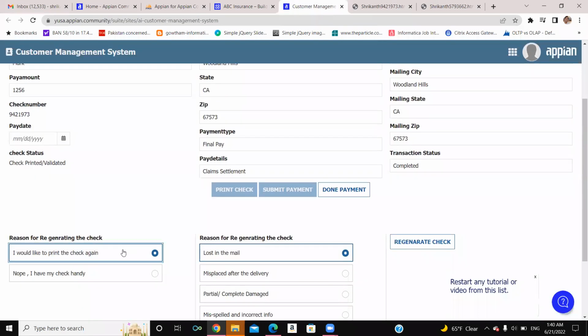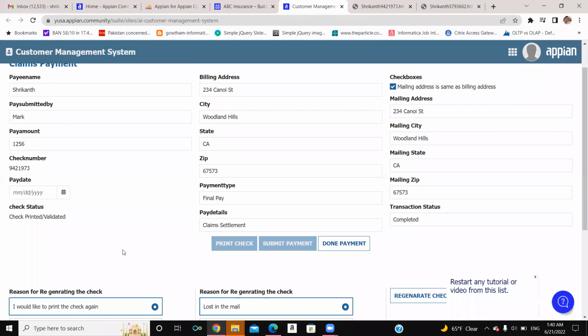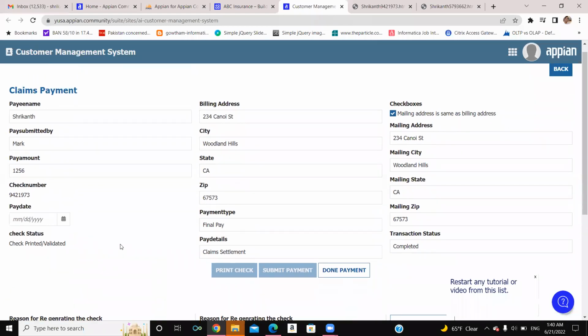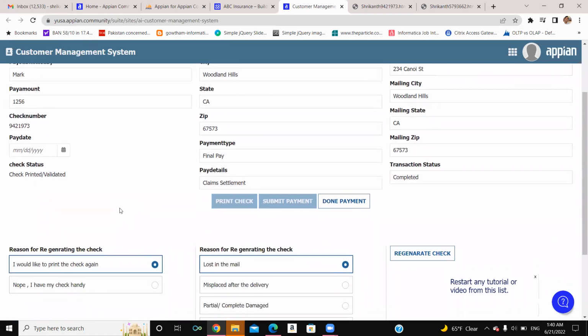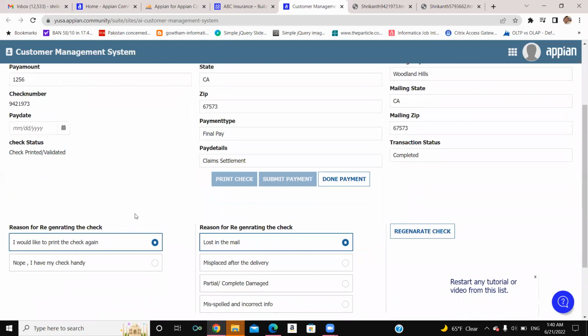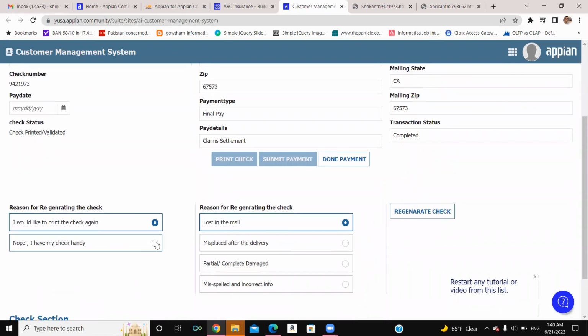portal. And what if I wanted to reprint this check? Okay, I don't want to make any payment changes because these buttons are disabled. I won't be able to make any changes, but I wanted to regenerate that same check. So in that case, I have to specify the reason here. So I have the option here. I would like to print the check, and accordingly, I need to